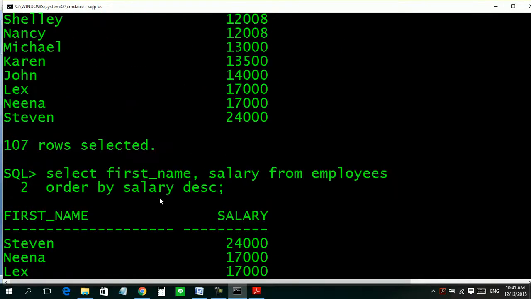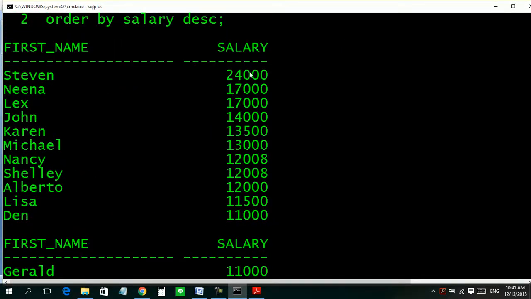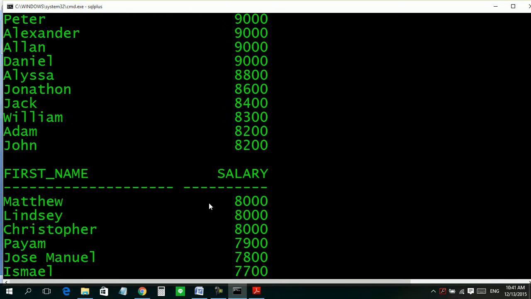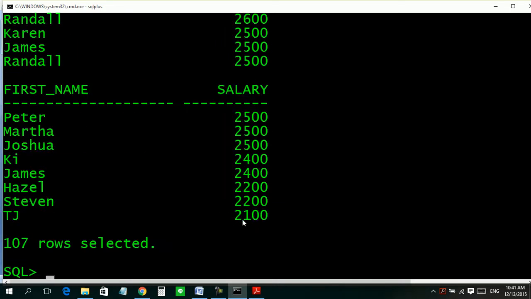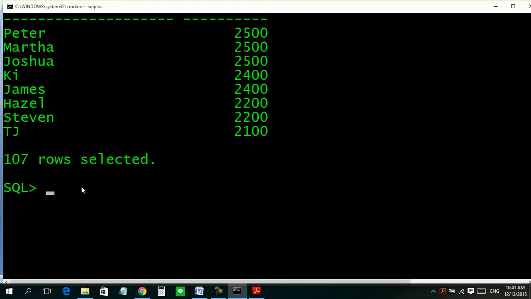Now look, the maximum salary is on top, 24,000, followed by 17,000 and 14,000, and at the bottom you see the minimum salary, 2,100.